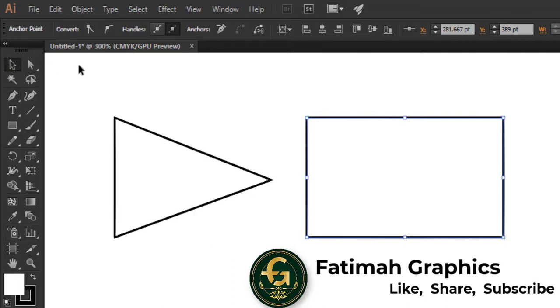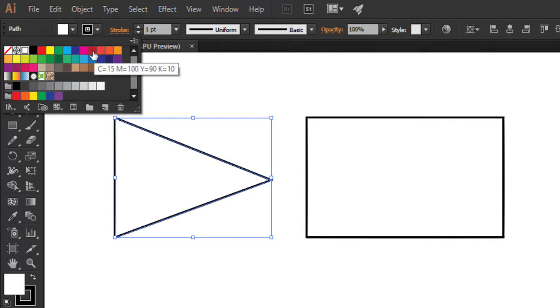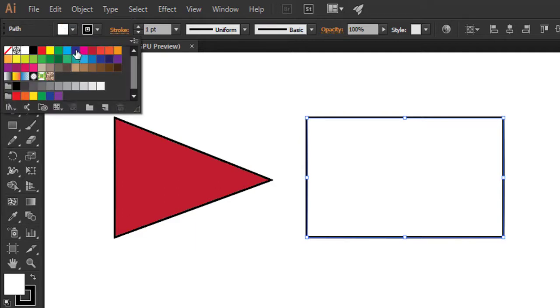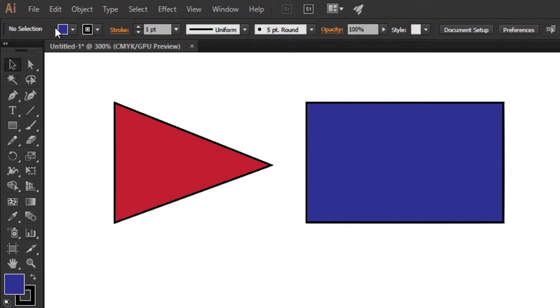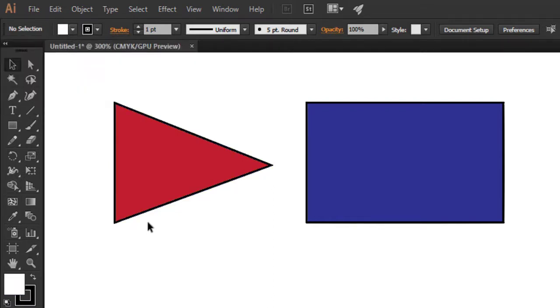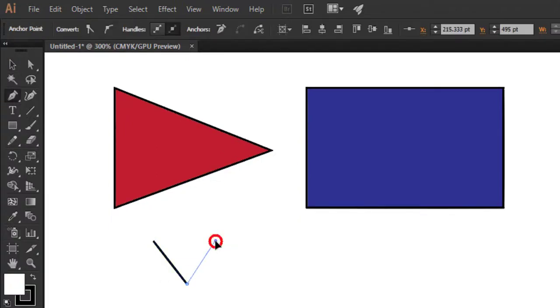Now I am adding the fill color in both shapes. I am changing the color into white for the next shape. So you have seen how we can create simple shapes with the pen tool.